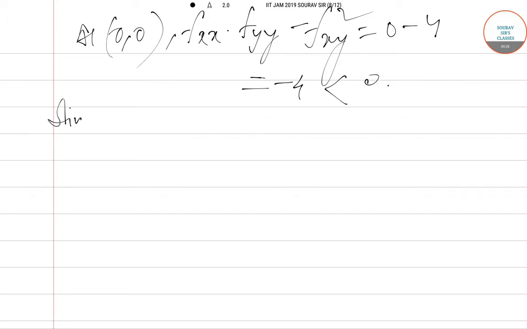Since the discriminant is minus 4, then this point